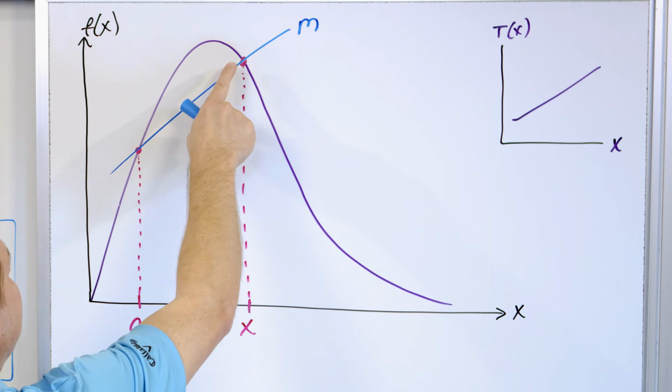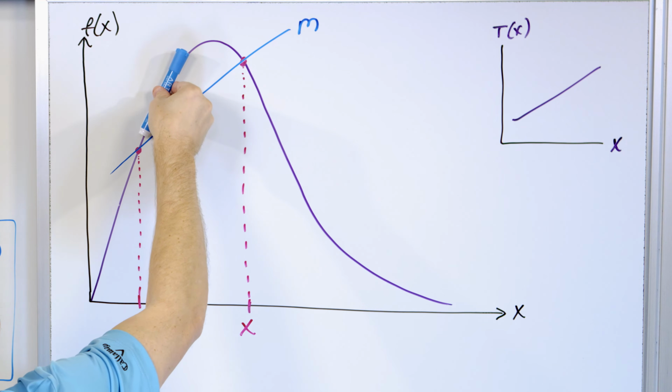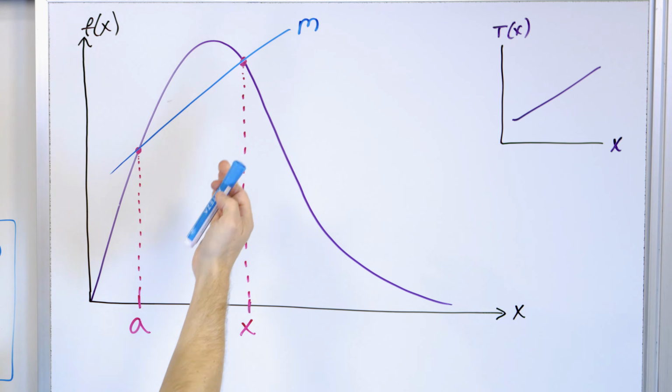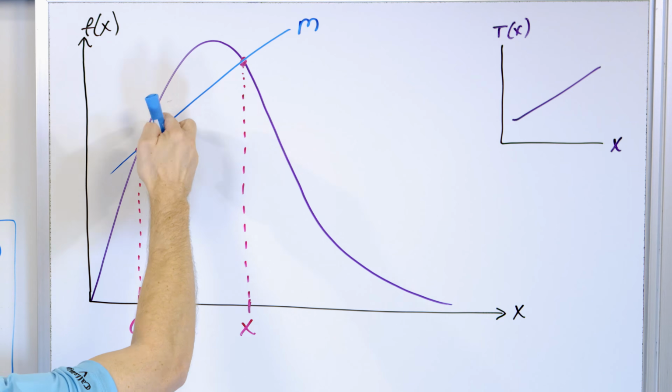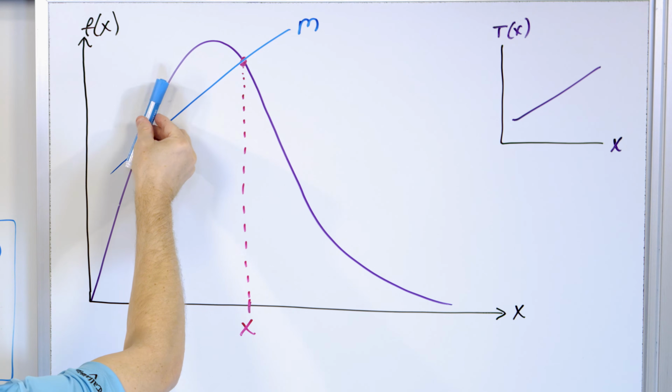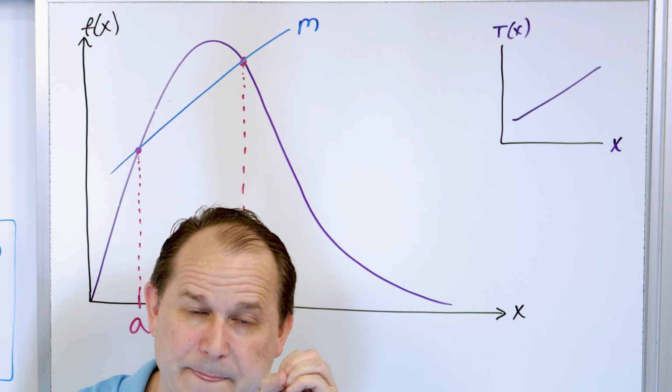Well, what I would do is I would just take this point and I'd move it closer. And I would draw a line through those 2 points, and that would be a higher slope. Okay, well, how would I get a better approximation? I would draw a point closer, and then I would draw a line through these 2 points. And I would make it closer and closer and closer, and eventually I would get a microscope out, literally a microscope,